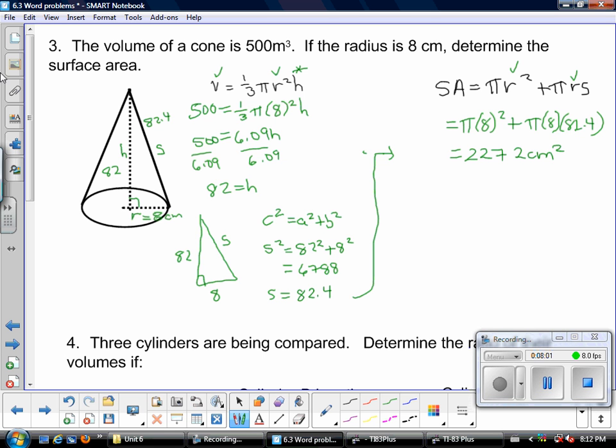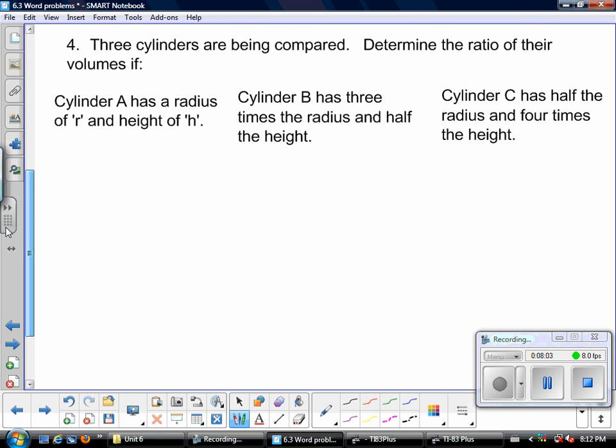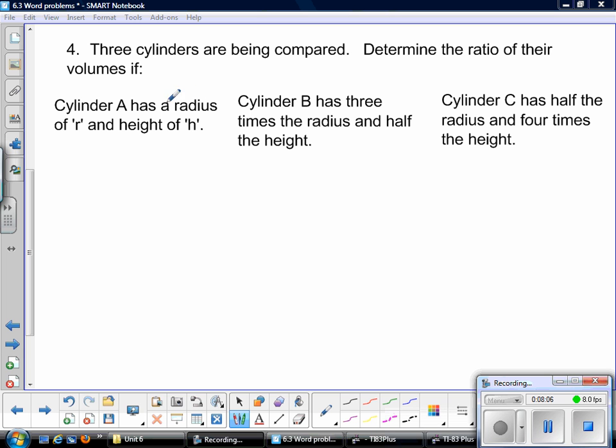Okay, so one more question, and it is very different. Okay, this is the last question. So we have 3 cylinders being compared. Determine the ratio of their volumes. If cylinder A has a radius of r and height h, B has 3 times the radius and half the height, and C has half the radius and 4 times the height. Okay, so ratio. We've done ratio before, so we're actually doing A